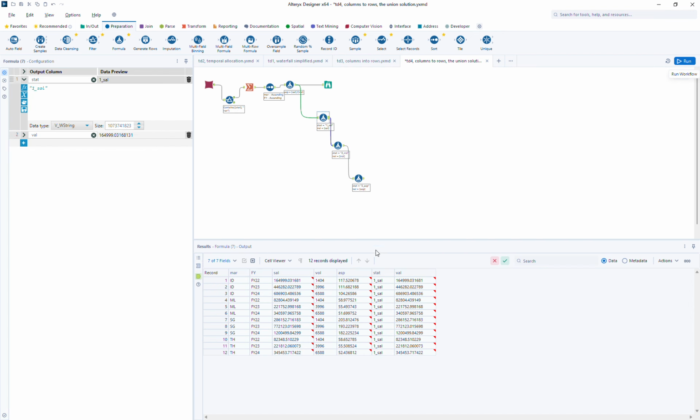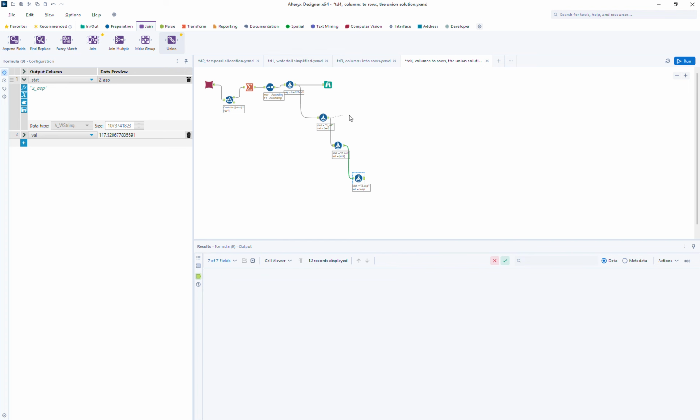The first one is this one, in which this column will be matched to this column, and the tagging here is just to say that this value belongs to the sale. The second one, same thing, I will tag this column as vol, and then I match this column to this. Basically, they are the same thing. It's just like rename. And then the last one, this column matches to this column. Okay, so now if I combine those three tables together with the union tool, I will have what I want,